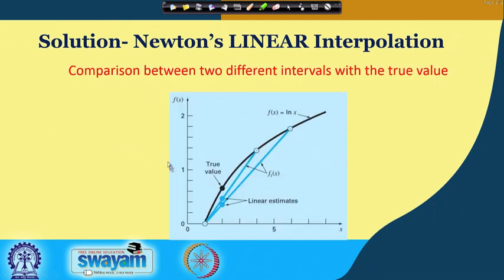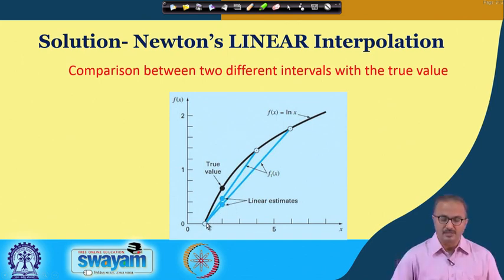Let us go on, and we will see that it depends on the range we take for the interpolation. Suppose the given function is, say, log x. Either you can take a very large range or you can take a very small range, and here you have to find the value of the function. If you take a very large range, you find this value. But if you make the range smaller, you find that you have improved the value from this value to this value. Why? Because the error between the actual value and the estimated value is coming down.